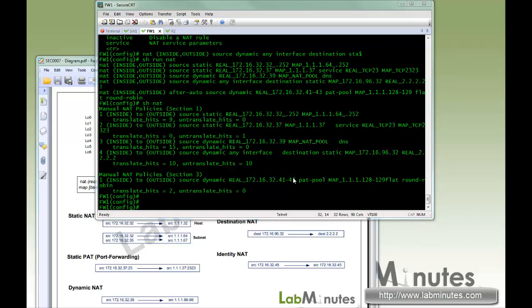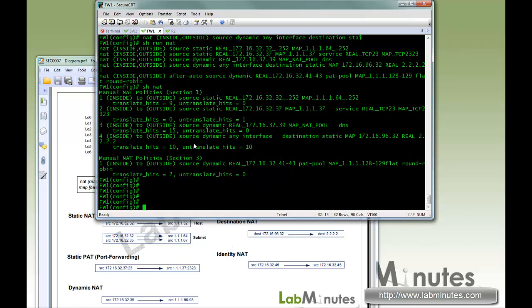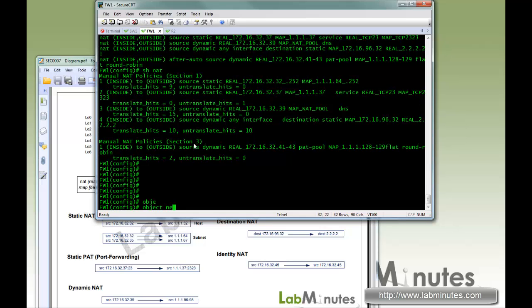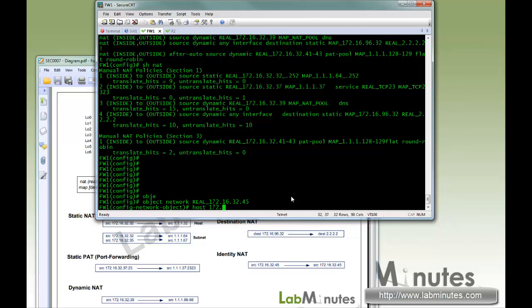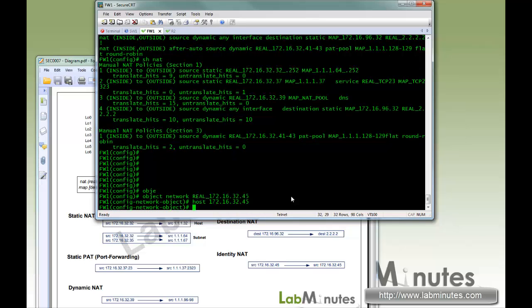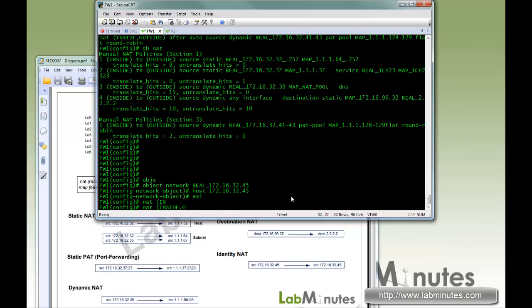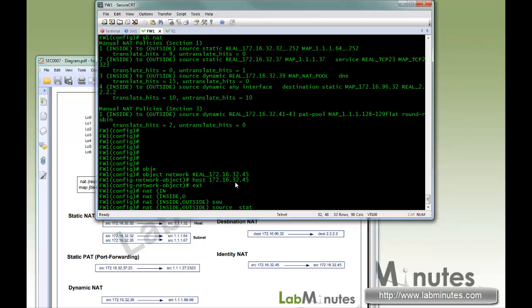Okay, so the last thing that we're going to look at is Identity NAT, which is kind of straightforward compared to what we have done so far. The object network, real 172.16.32.45, so Identity NAT on our diagram here. The source is 172.16.32.45. We're going to keep it the same. And with the host 172.16.32.45. Again, Identity NAT is just a static NAT with the mapped IP the same as the real IP. So all you need is just one object network. The source static, you can just basically map real to real,